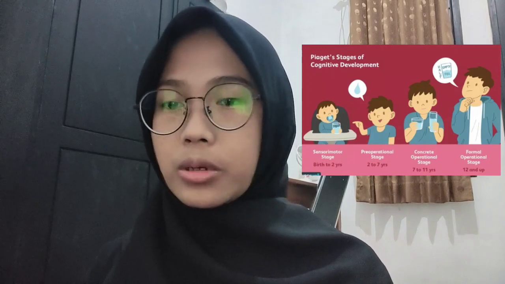The first one is the sensory motor stage, around 18 to 24 months. The second is the pre-operational stage, between 2 and 7 years old. The third is the concrete operational stage, between 7 and 11 years old. And the fourth is the formal operational stage, between 12 years old and above. Piaget believed that we all pass through all these stages, although each stage may be passed at a different age. However, Jean Piaget's theory has several issues, such as Piaget did not include language as an important part of